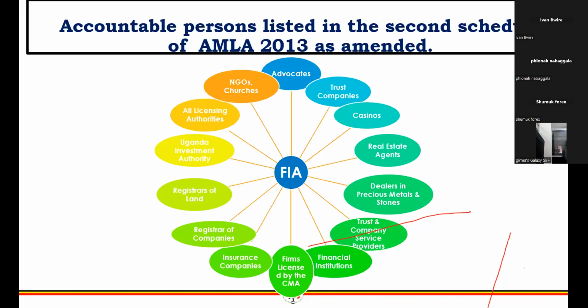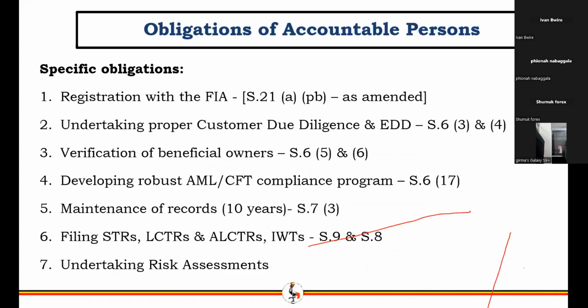So once the FATF realizes that the criminals have diverted to something else new, they also guide us on what we need to add on the list of accountable persons. To explain, only those who are here are those that can be used by criminals to manipulate the financial system.